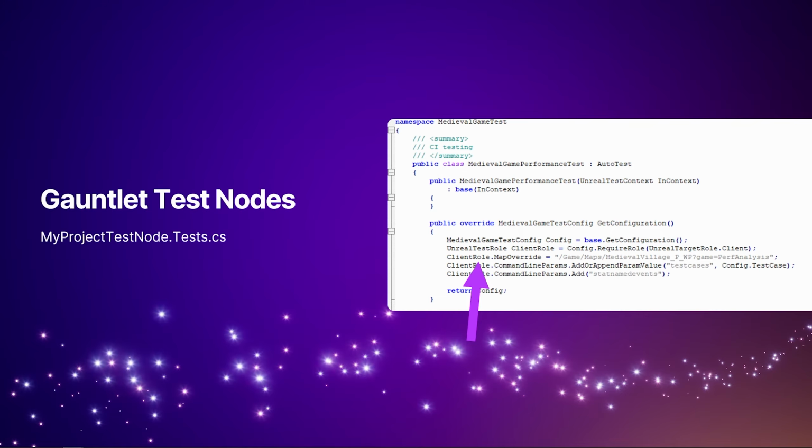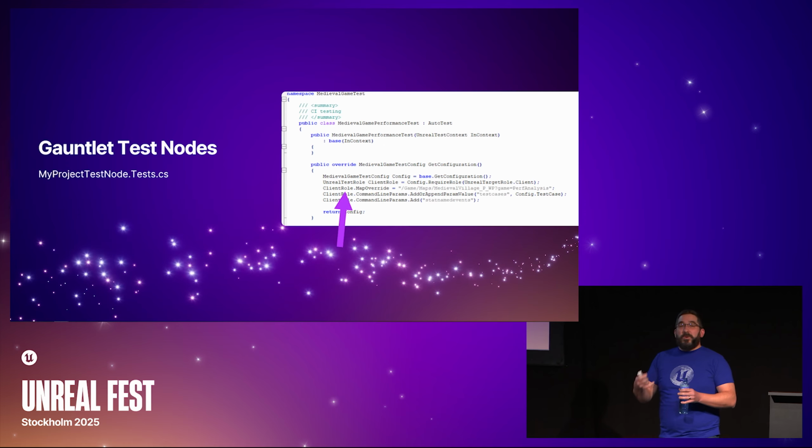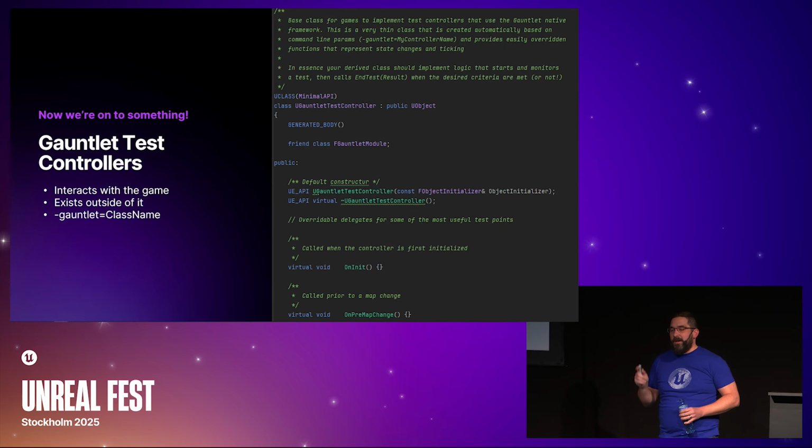I say, open this map with my performance analysis game mode. That sounds really cool. But you know that the game mode still isn't quite the right thing to do. It feels tech-arty, to put it mildly, because what if the thing that you want to test the performance of is your game mode itself? You can't rely on using a game mode as your performance test. And then you find the real cool stuff,